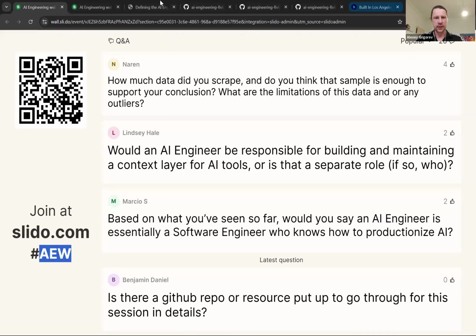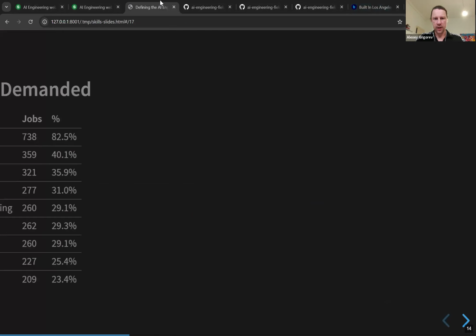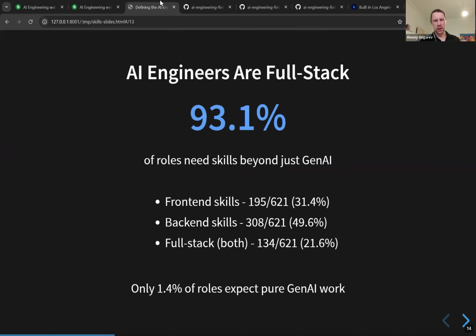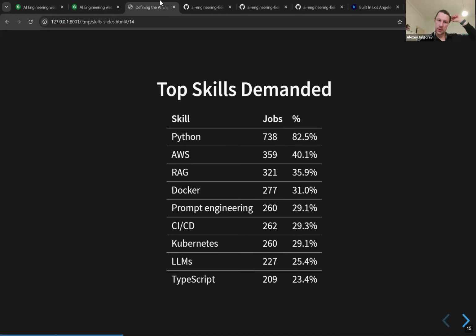Maybe let me summarize quickly. We saw RAG. RAG is important, right? If you want to start learning AI, you should start with RAG. Then being full stack is useful. If you're already an engineer, you already know most of these things, so you just add AI on top of that and you're good.